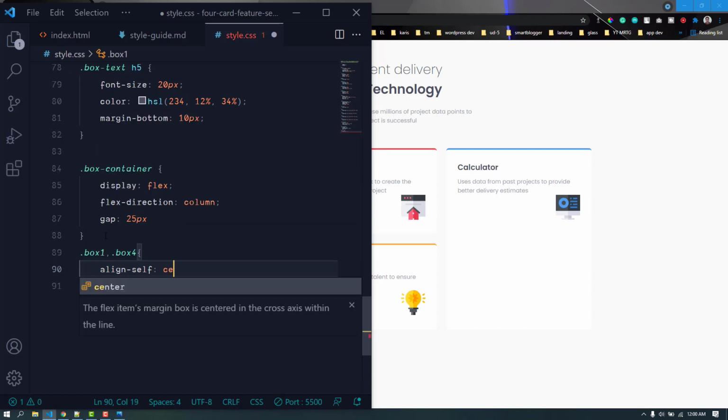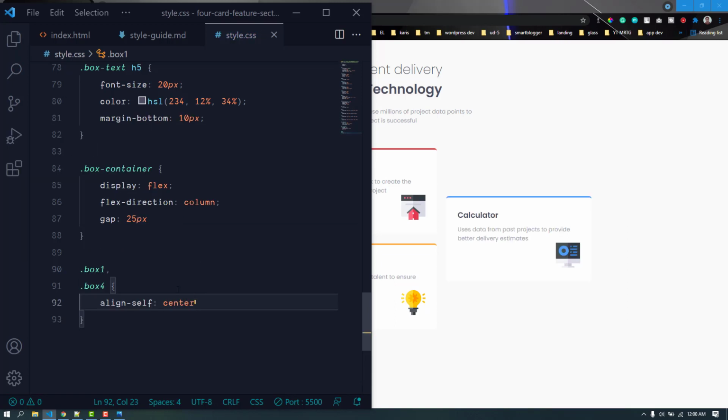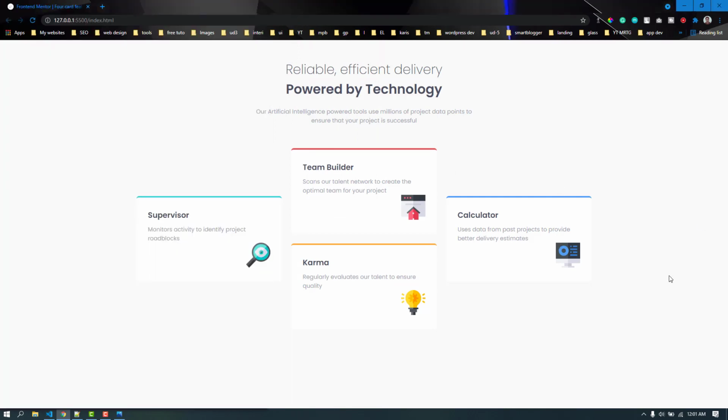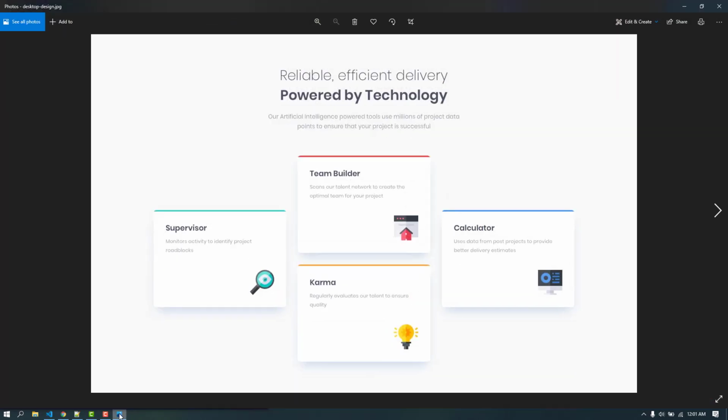it will be center. So if you don't understand this property and everything about the flexbox, I have a video about that in the YouTube channel, so you can go there and check this out. This is just only 13 minutes. In 13 minutes I will give you an overview of, actually not every, most of the important properties about the flex and their values, so you will get a pretty good idea about that. So now this looks similar with this one,